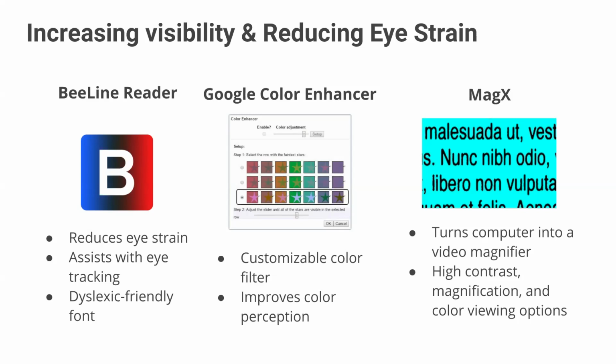And then MagX is a very simple, straightforward app which will turn your Chromebook camera, which is built in, into a video magnifier. So this can also be used, of course, with an external camera that's plugged in, or a document reader, things like that. But I love this one just because it will help you to take, let's say you have a